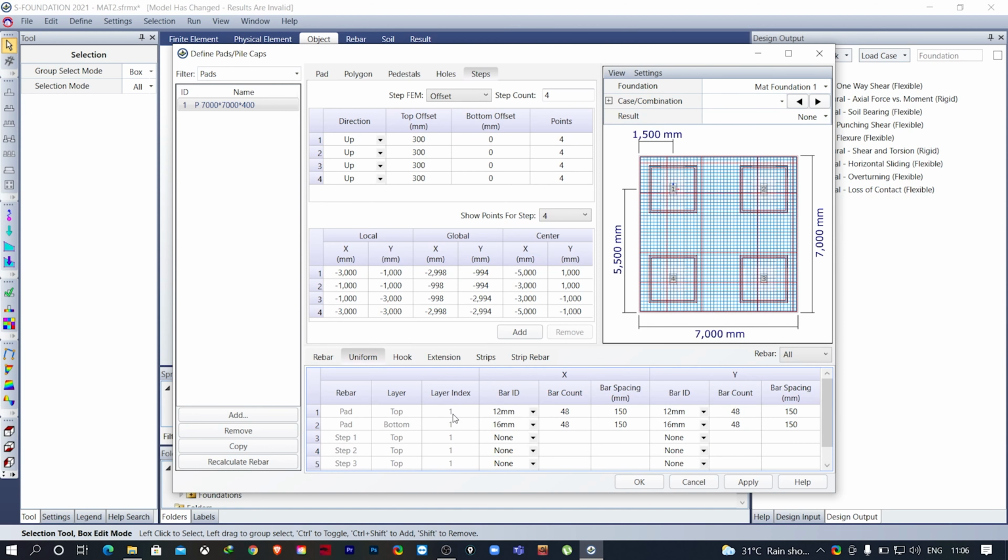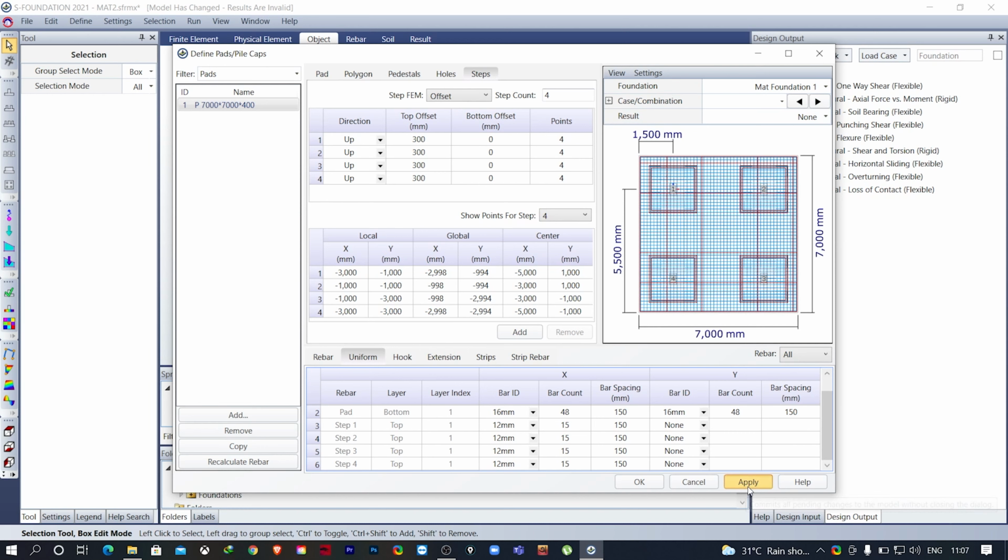I will go to uniform, and here for steps 1 to 4, I will provide a 12 mm bar with 150 mm spacing at the top of the steps. For the bottom, for now I will keep it none and we will check whether it is passing.